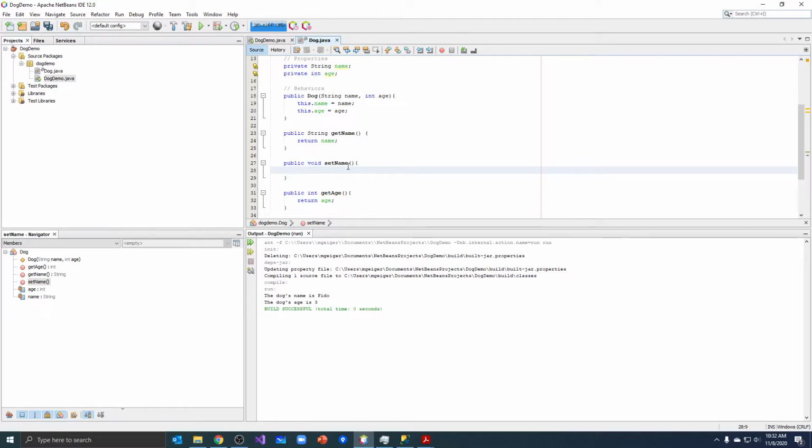Now, how does the setter work? Well, you have to be able to pass in a value. In this case, we'll let whoever's calling the method pass in a string called name. And we'll do exactly what we did up here. When they pass in a parameter, they pass in the name, we're going to use that parameter to set the value of the field. So this.name